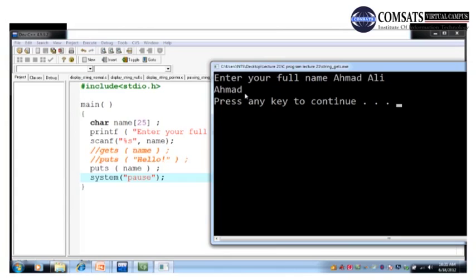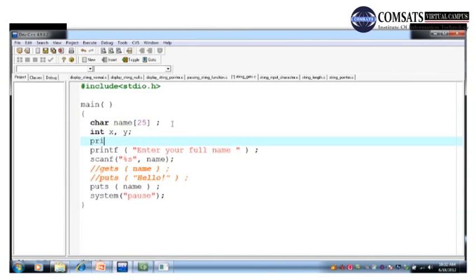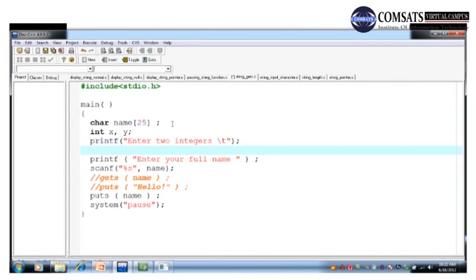And to specify that your input is completed, there are two mechanisms in the scanf function. The first is you press the enter key and that tells the scanf function that the input is complete, and the second mechanism is the space bar key and that also tells the scanf function that the input is completed. Okay? For example, if I have two integers x and y and display the message enter two integers and using scanf function